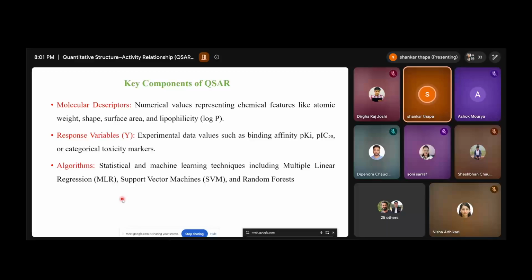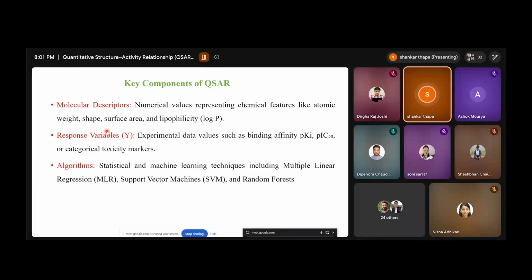So yeah, that was the basic history regarding the QSAR. Now moving forwards, what are the components, or what do we actually need to derive models? These three things are very, very important, especially for the undergrad students or participants today, so they can take a note on it.